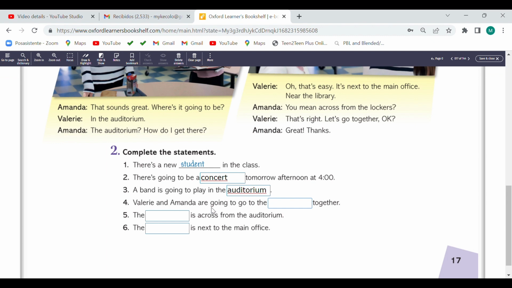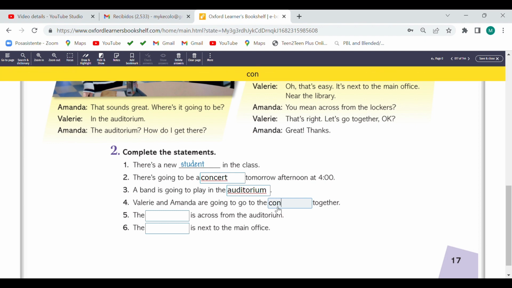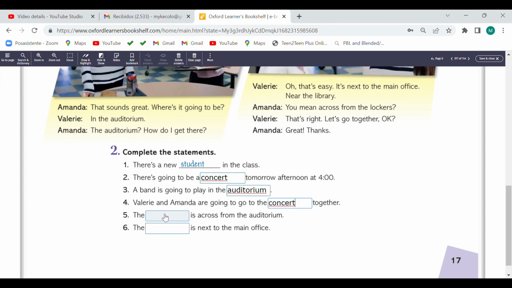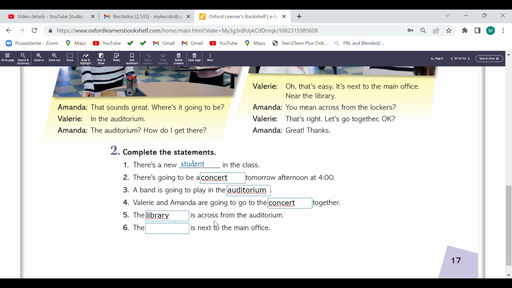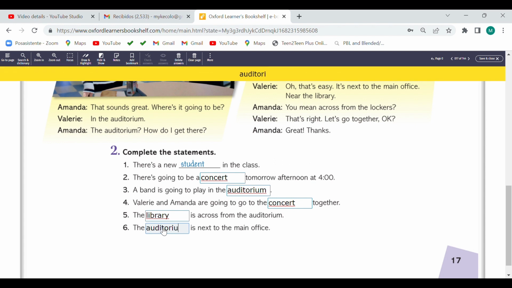Valerie and Amanda are going to go to the concert together. Number 5. The library is across from the auditorium. And number 6, the auditorium is next to the main office.